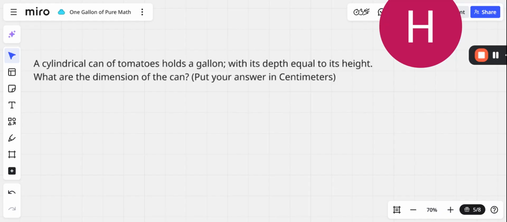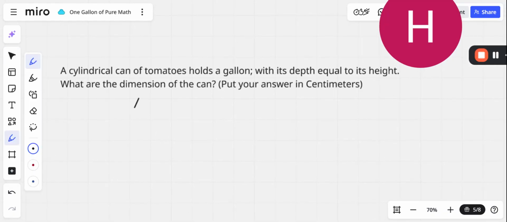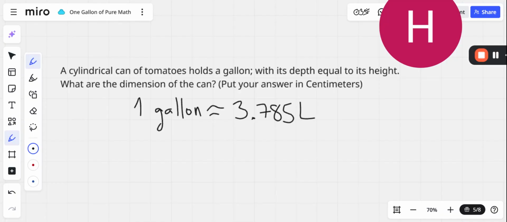Go ahead and give the problem a read for yourself. And I also want to mention that a gallon, in case you didn't know, a US gallon, is approximately 3.785. We can use this number. I think there's some more decimal digits there, but it's approximately 3.785 liters, which if you're not hip with your conversions, I think you should be, but if you're not, we'll call it